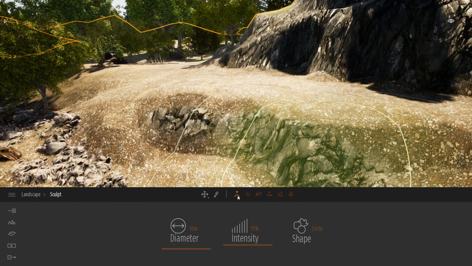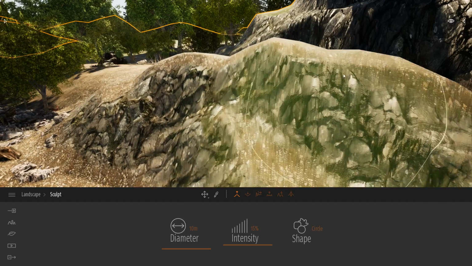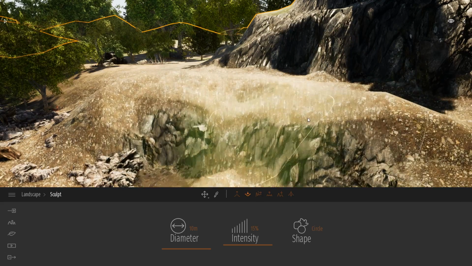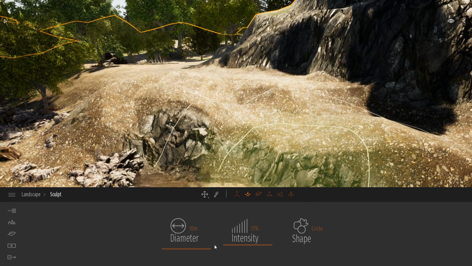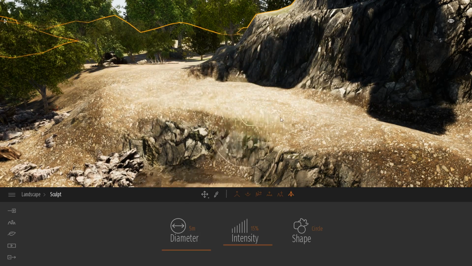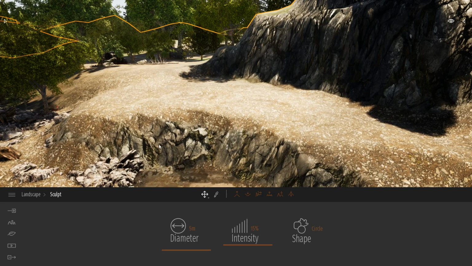So here we have different tools that I can use to directly sculpt my terrain. We can start with the sculpt tool that will raise the geometry of my terrain. We can also dig some holes. We have plenty of different tools. Let me just maybe select the flatten tool that will just flatten the geometry at the same height. So as you can see, depending on the inclination of the geometry, different material apply automatically, like these rocks on